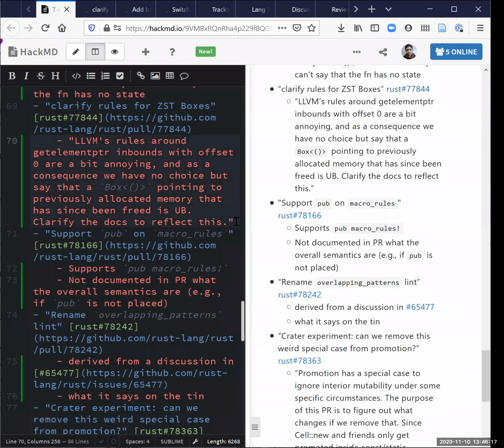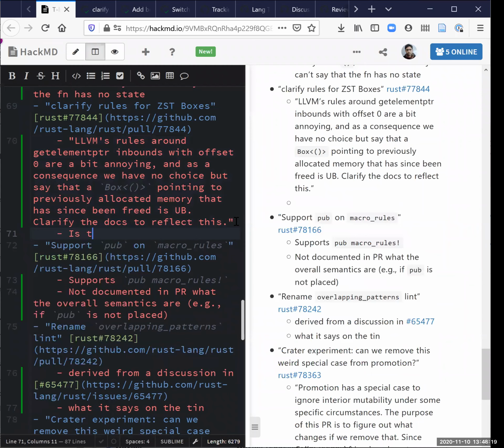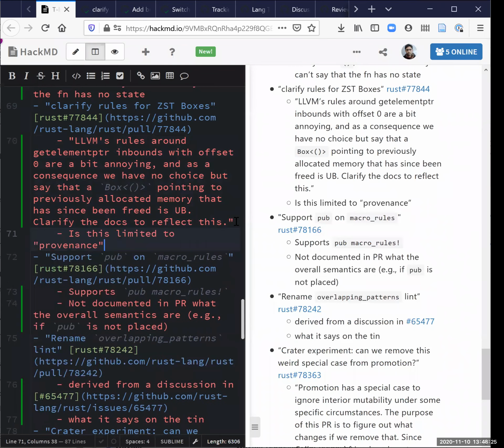Because it seems like we would have potential problems if we box ourselves in there in some sense. Yeah, I mean, we can always remove UB, but it kind of depends on what LLVM does.